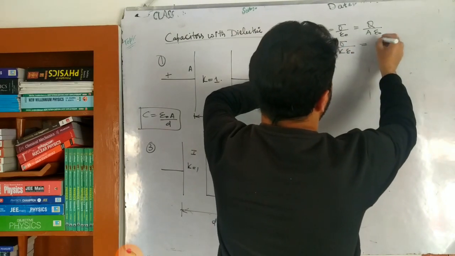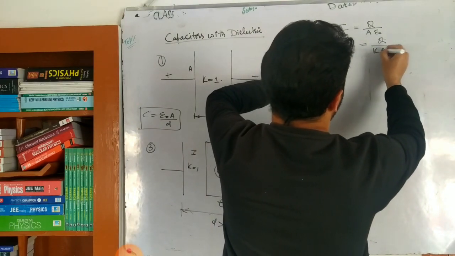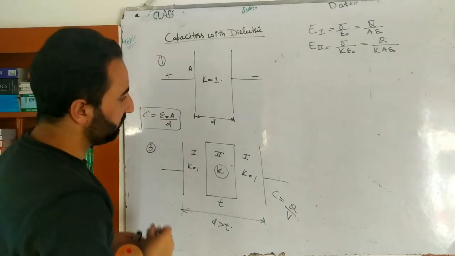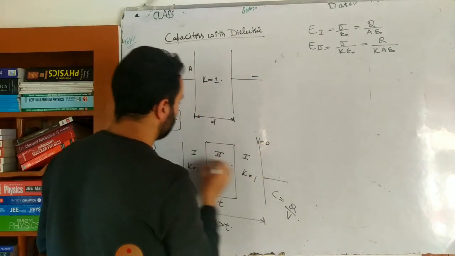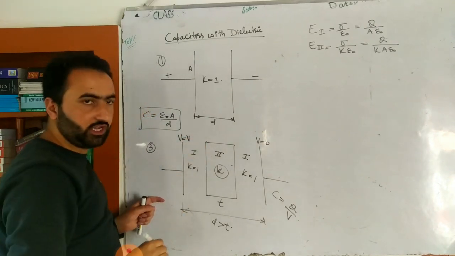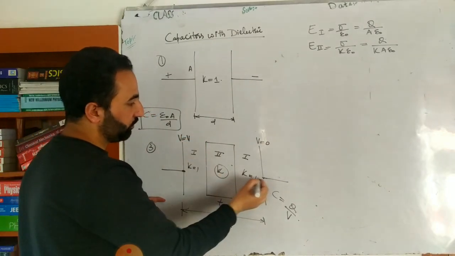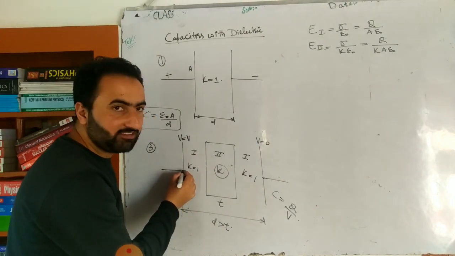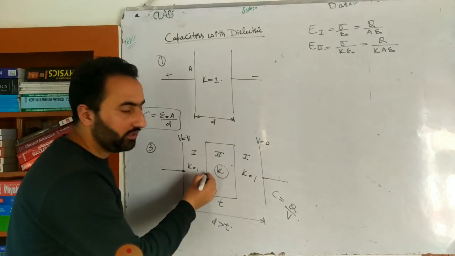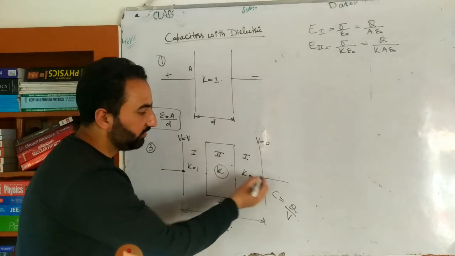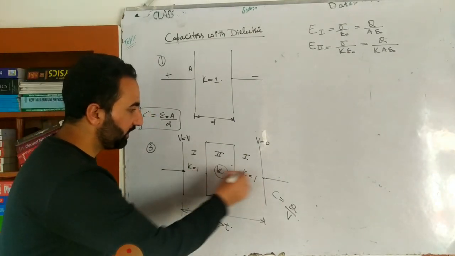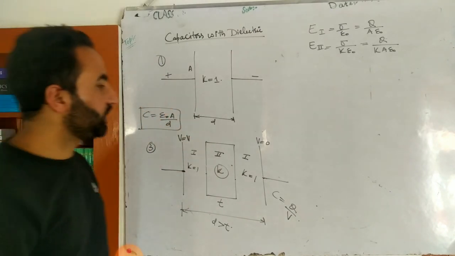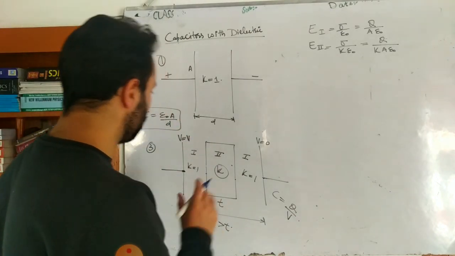So in place of sigma, what will we write? Q divided by K A epsilon 0, like this. Now let's calculate the potential difference. So this is at potential 0, V is equal to 0 at this point. And potential here V is equal to 0. That means as you go from this point to this point, the potential will keep on decreasing. Potential at this point will be maximum, then at this point it will be comparatively lesser, then at this point even lesser, then at this point it is equal to 0. So as you move from here to here, the potential keeps on decreasing. Later on, I will show the graphs of potential and field as well.